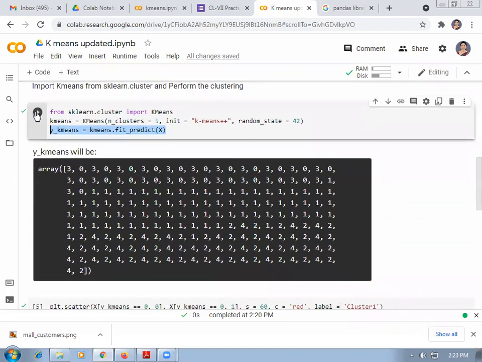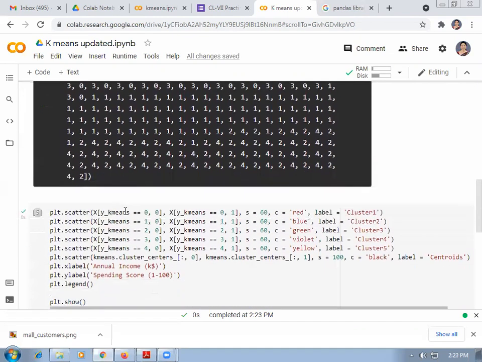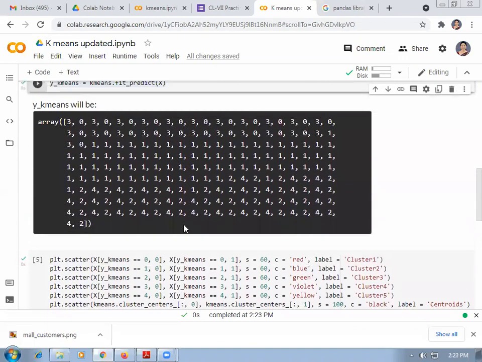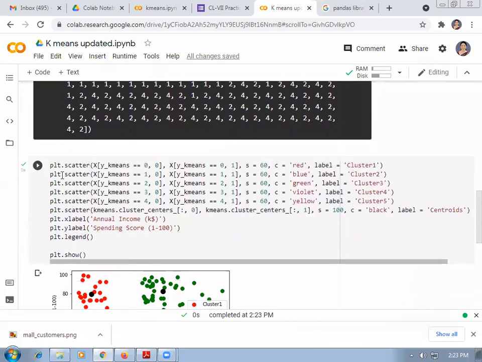After executing this, the y_kmeans array will look like this. Now, with the help of the y_kmeans array, we will plot the graph. How can we plot the graph? We have to use plt, which is an object for matplotlib. plt.scatter, with X where y_kmeans equals the cluster, 0, 1, 2, 3, 4.